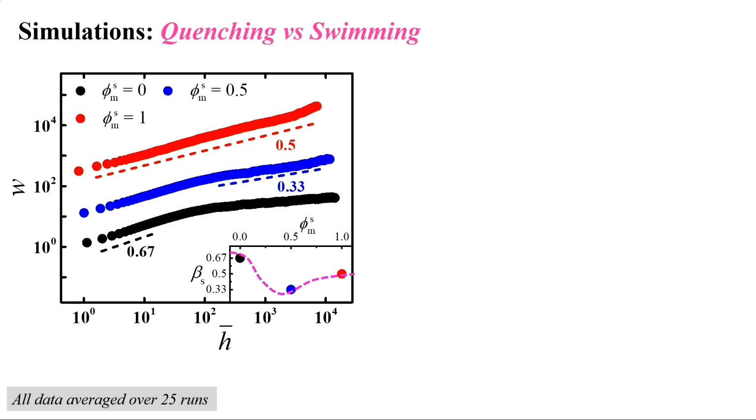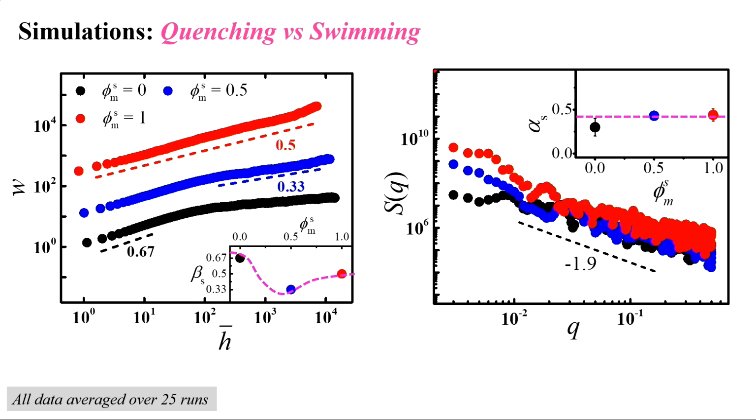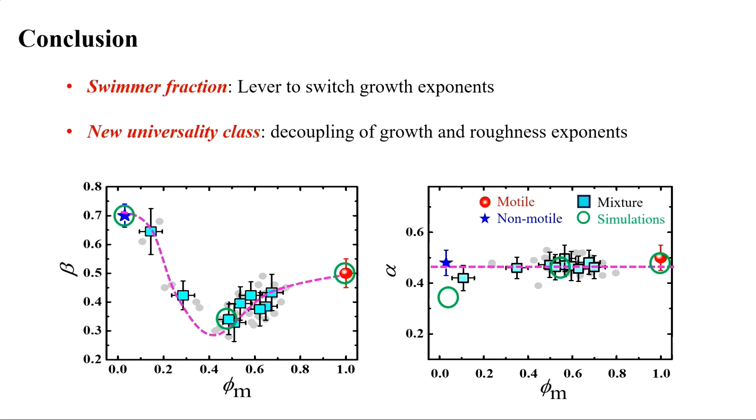Of course, we also have to look into whether alpha is constant or not, and we looked into the PSD, and it seems to be more or less constant for the simulations that we have seen. Right. So with that I come to the conclusion, and I hope I conveyed the excitement of